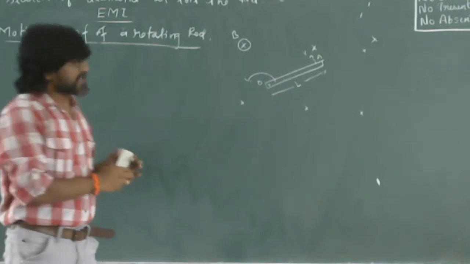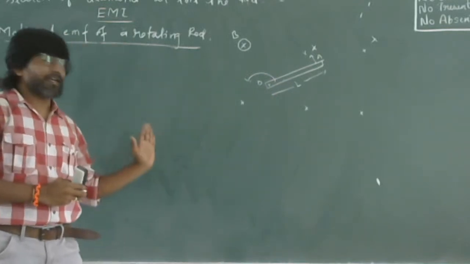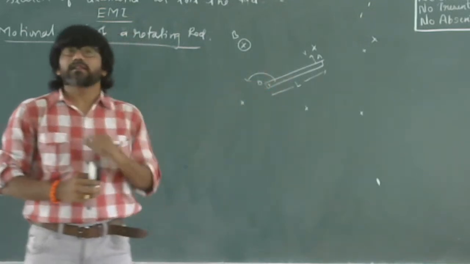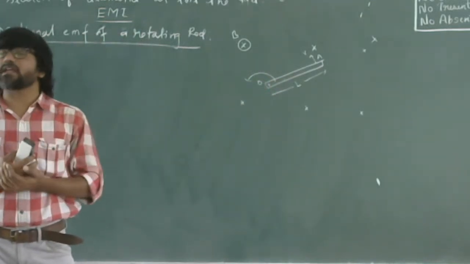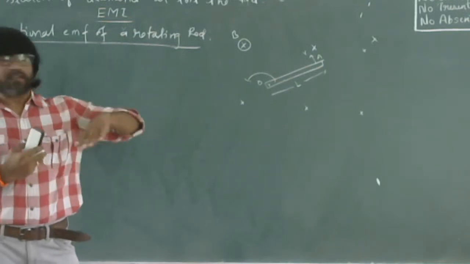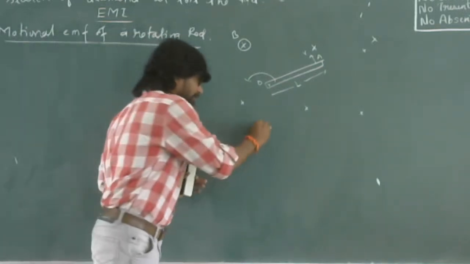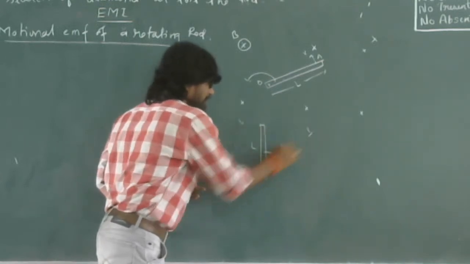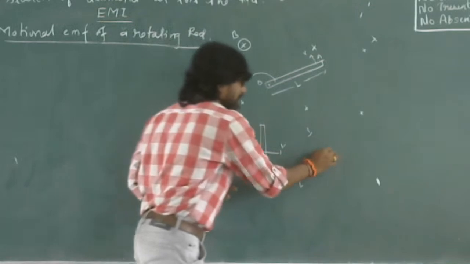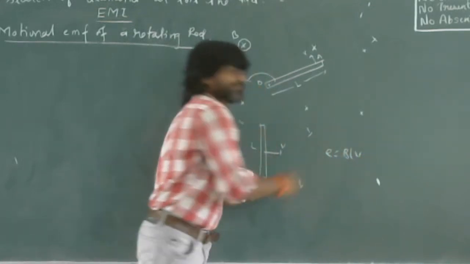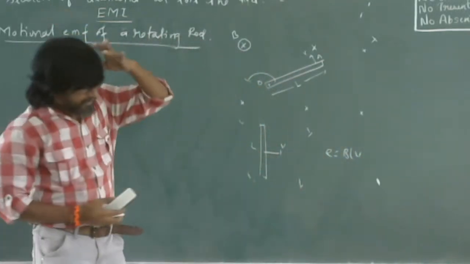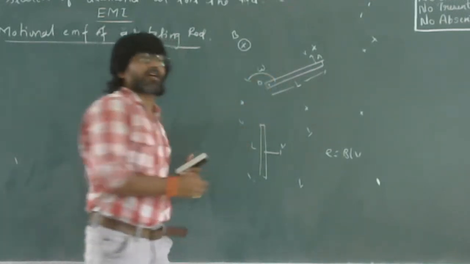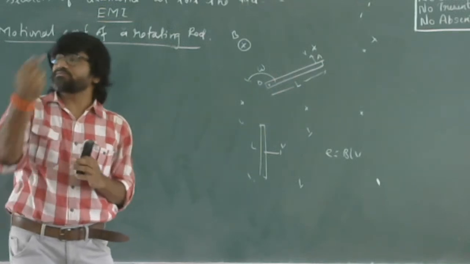So it is something like a wire of length L moving with velocity v in an external magnetic field B. Then the induced EMF is given by BLv. If it is under linear motion, if a wire of length L is moving with velocity v in an external magnetic field, the induced EMF is given by E = BLv. Whereas when it is rotating, with an angular velocity omega,